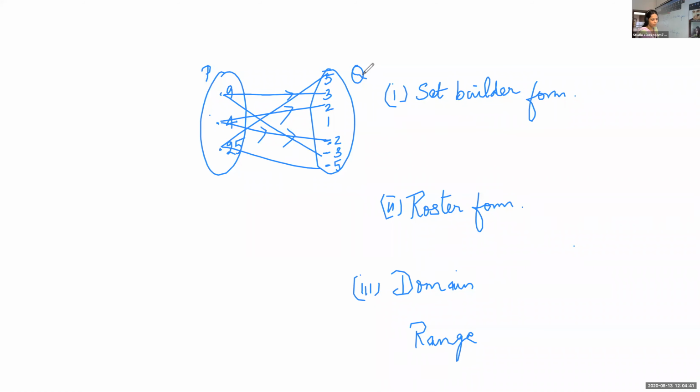Okay. Now, Aishwarya, can you give the relation in set builder form? x is plus or minus square of y. Listen, whenever you mention a relation, the first element we take as x and the second element is y. So x is plus or minus y square. Is it correct, children? Check it, Aishwarya.